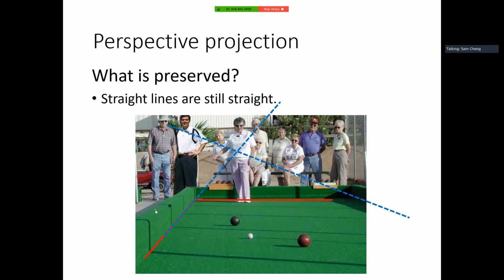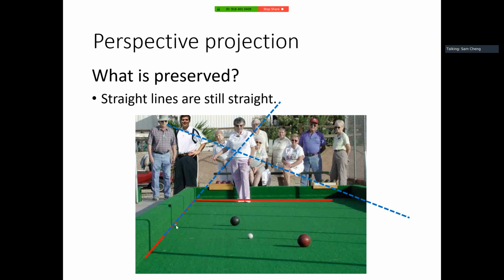So for this perspective projection, it's like homography, like we mentioned, and what is preserved. This perspective projection is actually just an extension of homography from 2D to 3D, or to be more precise, 2D to 3D, then mapping to 2D. And in this case, we still have those similar properties that we mentioned in the past when we discussed homography,